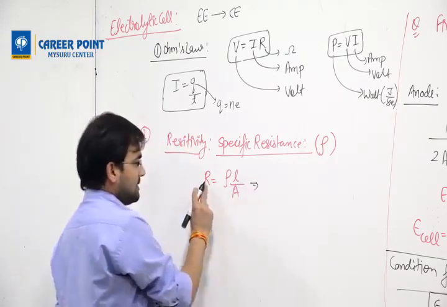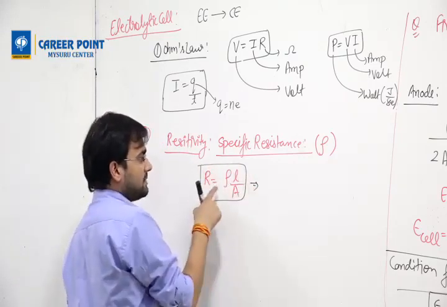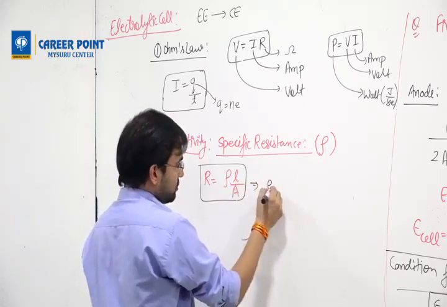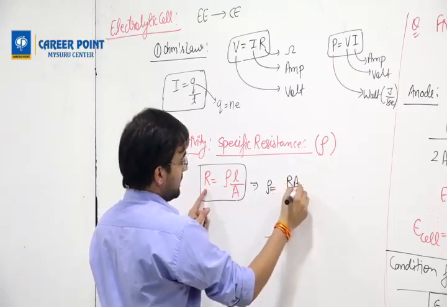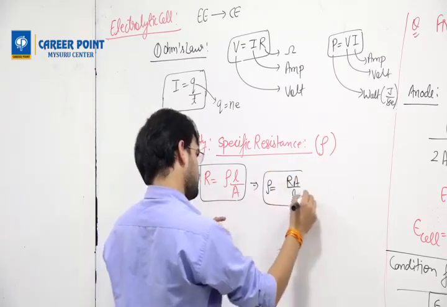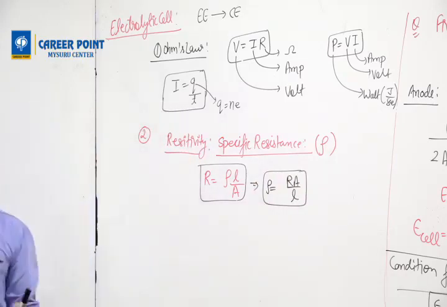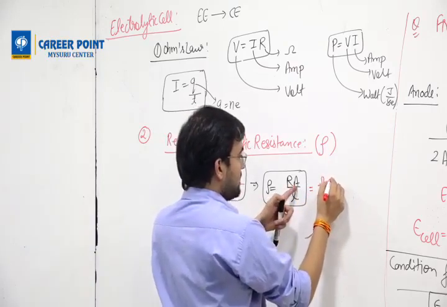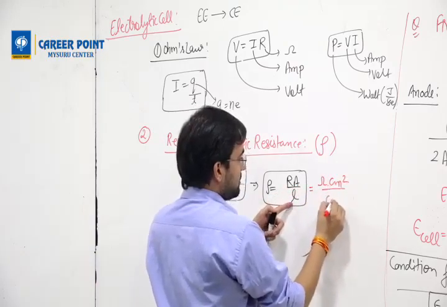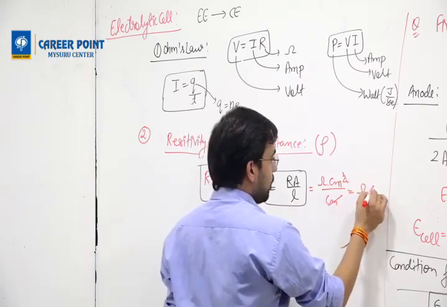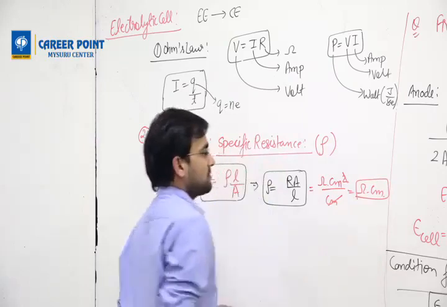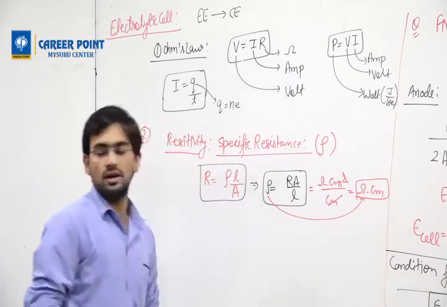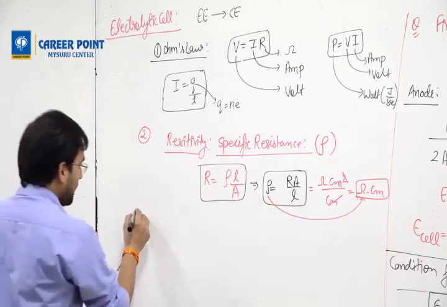So this is resistance, this is specific resistance, this is length, this is area. So rho equals RA by L. What will be its unit? R is in ohms, area is in centimeter square, length is in centimeters, so we get ohm centimeters as the unit of resistivity. Then the third one is known as